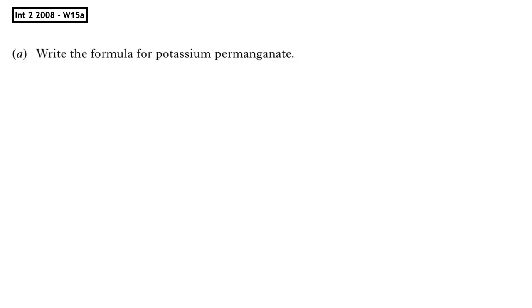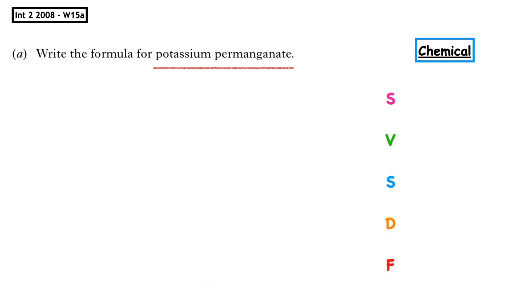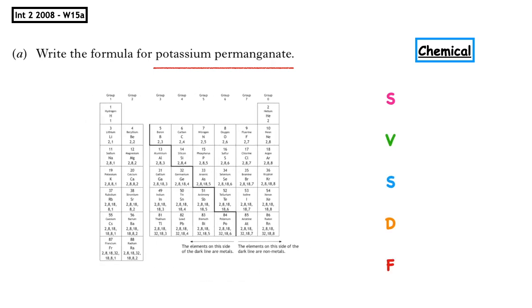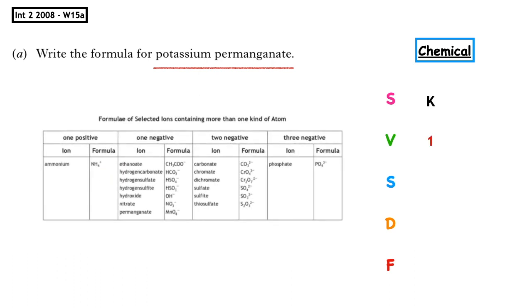This question's from the Intermediate 2 2008 past paper written 15A. The question asks, write the formula for potassium permanganate. The compound ends in ate, so we're going to have to use page 8 of our data booklet. We start off with the SVSDF. Symbol for potassium is K, found in group 1, valency 1. Permanganate, use page 8. The symbol is MnO4,